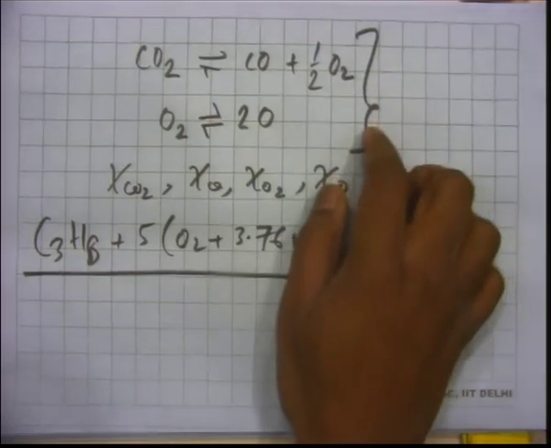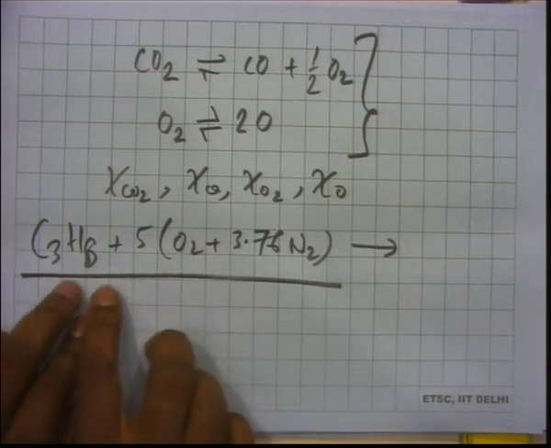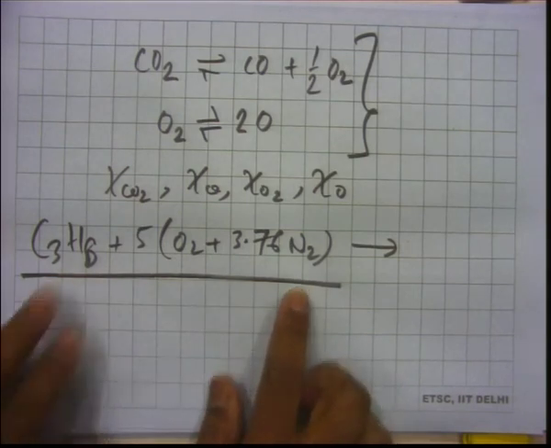We understand here that I have just picked up the results from the book. We have not done the solution ourselves of these 3 mole fractions or these 4 mole fractions, whatever. And we also understand that at least one of the equations was non-linear, and these are coupled equations. So, it will take some effort. You need a sort of non-linear routine which will give you the roots for this. So, it will take some effort, and if you think of, let us say, a hydrocarbon combustion with more number of equilibrium reactions, it is in fact going to be much more difficult.